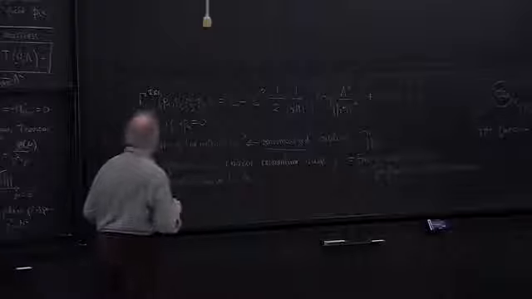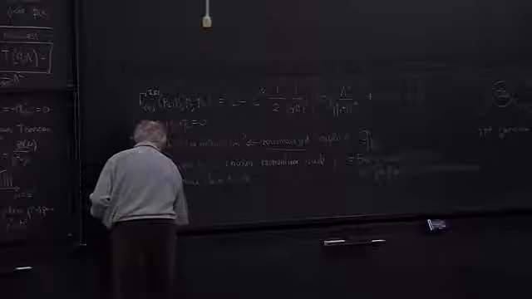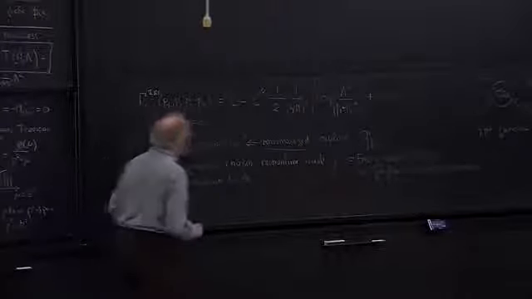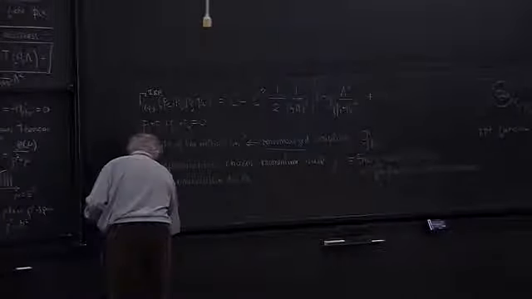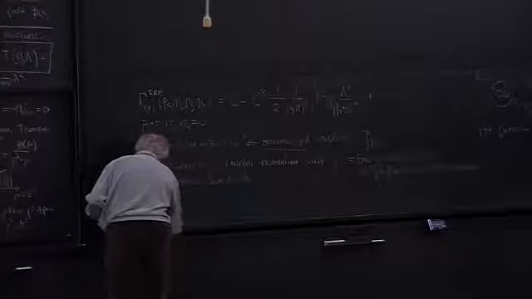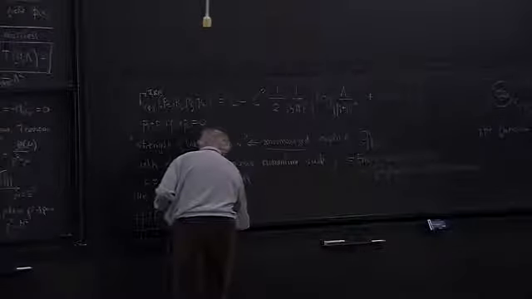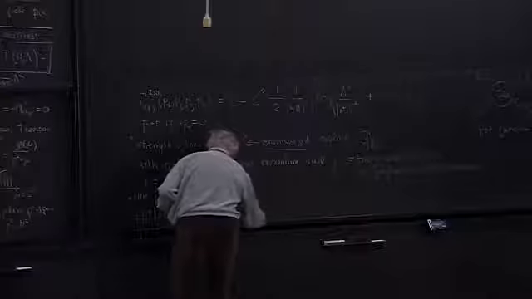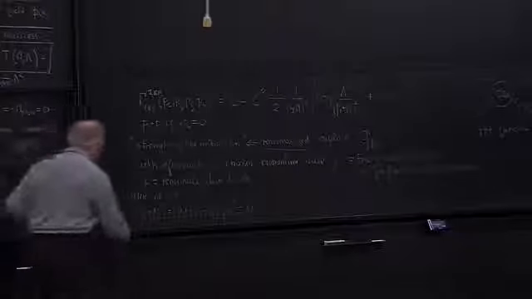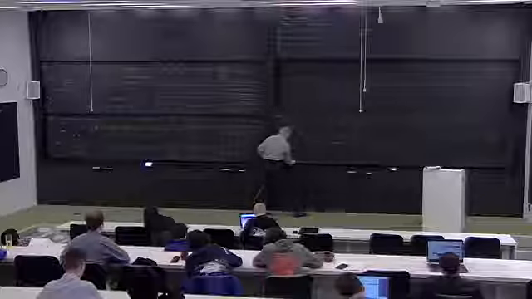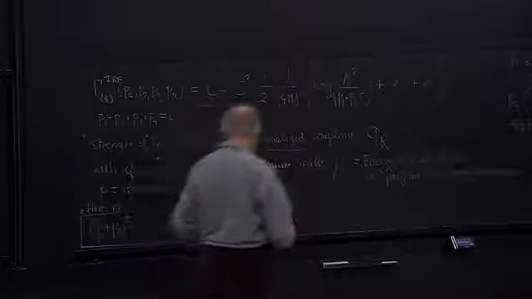Okay. And here I make the following choice. My choice is that I choose a choice of momenta such that (P1 + P2)² = (P1 + P3)² = (P1 + P4)² = μ². Okay? So that's a choice. I could have chosen something else. And then, so I make the choice, and then